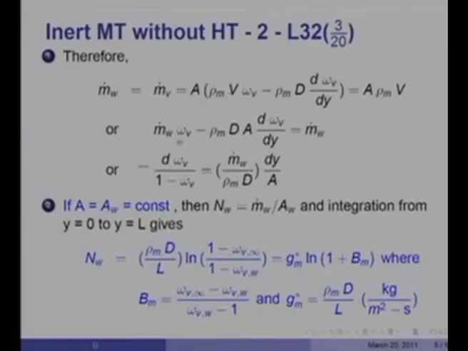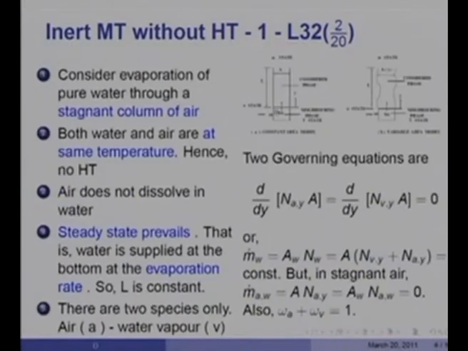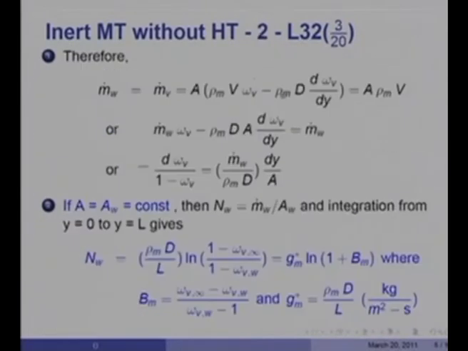So, therefore, m dot w into omega v minus rho m d A into d omega v by dy would be equal to m dot w. If I transfer this to the right hand side, you will see it will be 1 minus omega v equal to m dot w by rho m d dy by A, and if A is equal to A w is equal to constant, that is if I take the constant area model, then